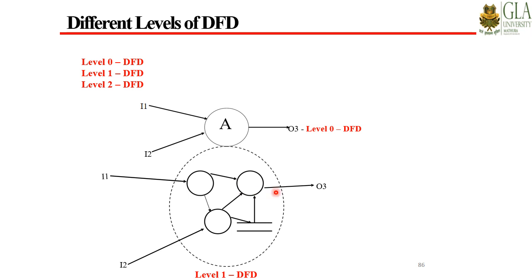So in level 1 DFD, we are providing more detailed information related to the internal structure of the software that we are going to develop, meaning what the different processes are that we are going to have inside the system, through which we can capture the information, store the information in a data store, and further that information, if required, will get forwarded to the user.